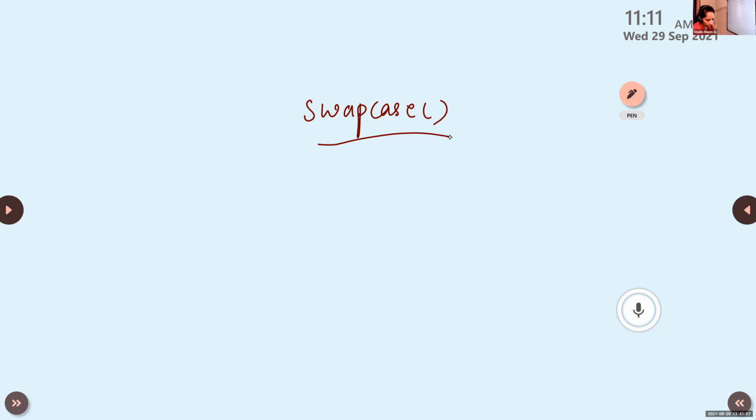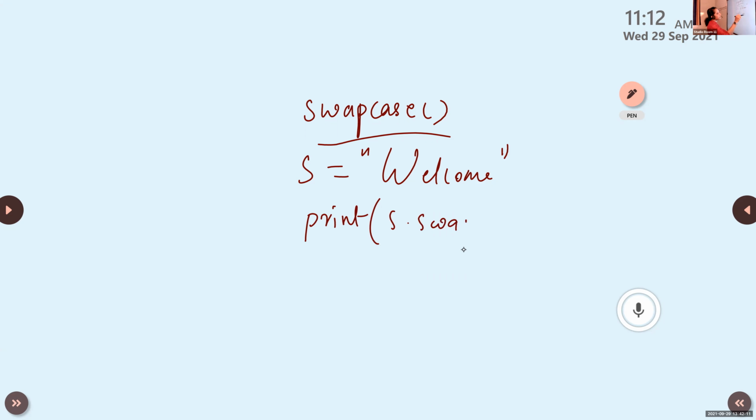Okay, write one example. S is equal to welcome. Here W is capital and all the other letters are small letters. Then print S dot swap case, empty bracket. Then the result is this W is converted to small letter and all the other letters are converted to capital letters.